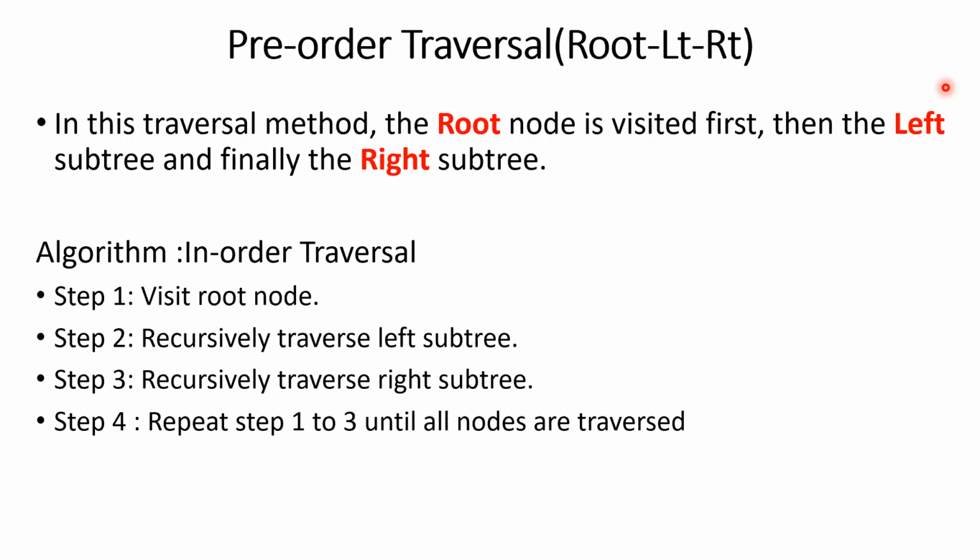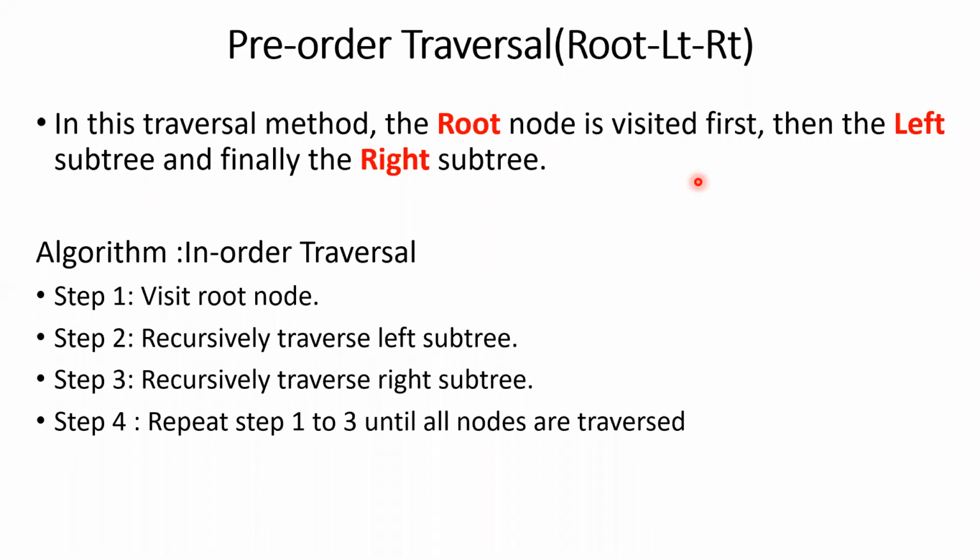In in-order, root was very responsible. It will make sure that both its left and right are printed first, and then only it will print itself. Now, as soon as it reaches root in pre-order, it will be printing itself. It's very arrogant, so it will be printing its own duties first, and then only it will think whether its subordinates, left and right, are printed. Understood?